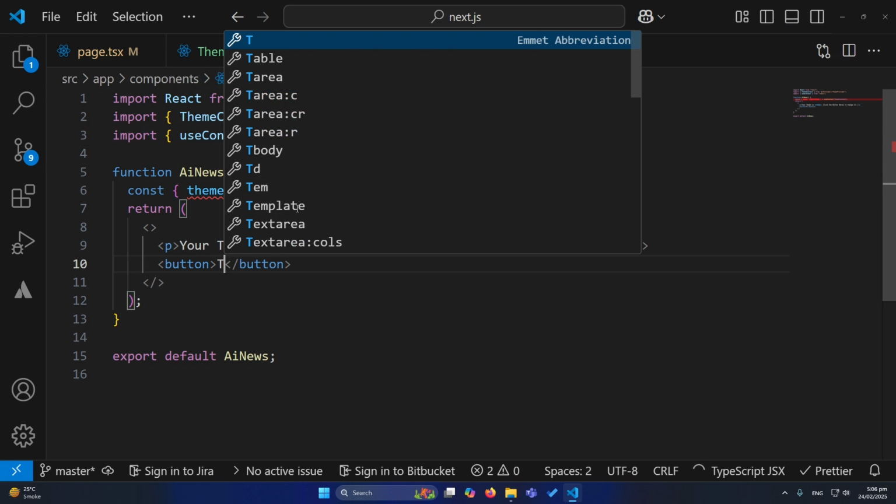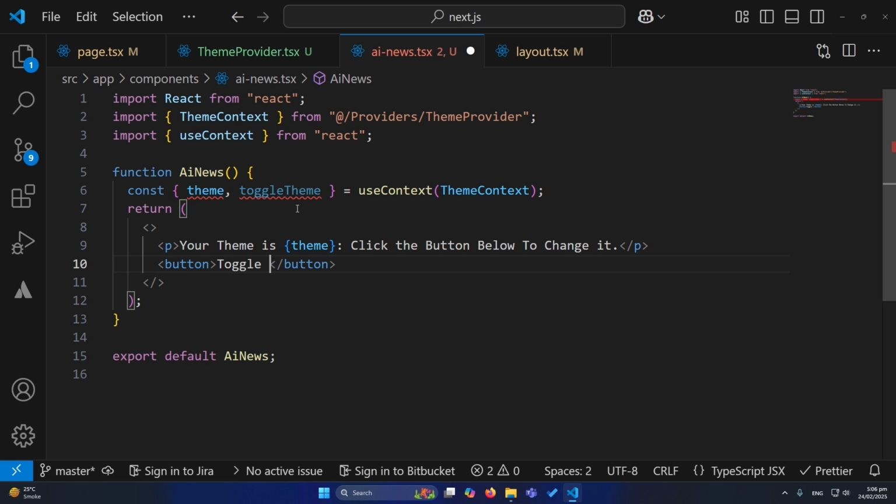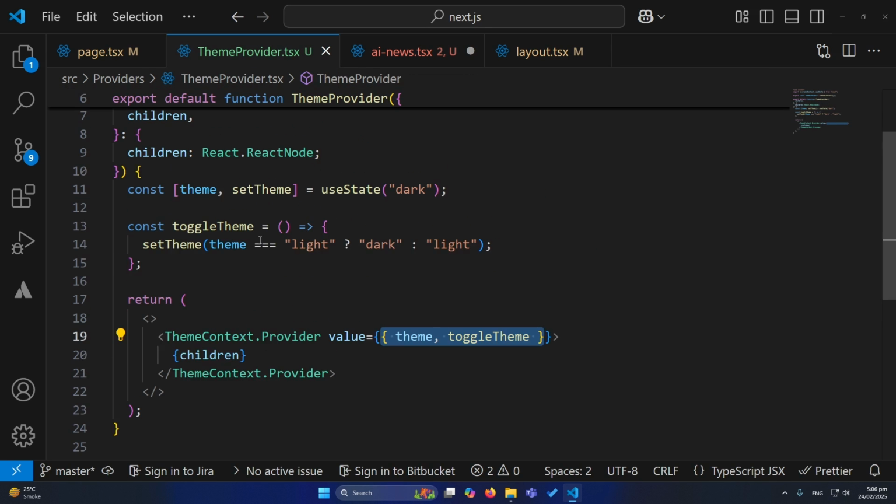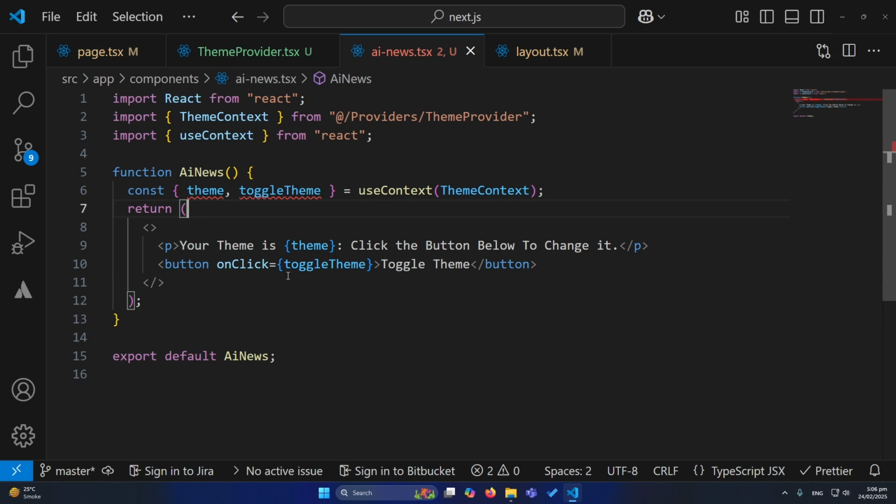And this button will say toggle theme. Next, set an onClick listener to this button, and once the user clicks on this button, just call the function toggleTheme. And as you know, we defined this toggleTheme function inside our theme provider component, which simply toggles our theme. So now let me save this,